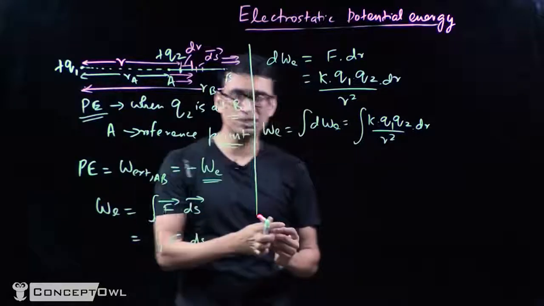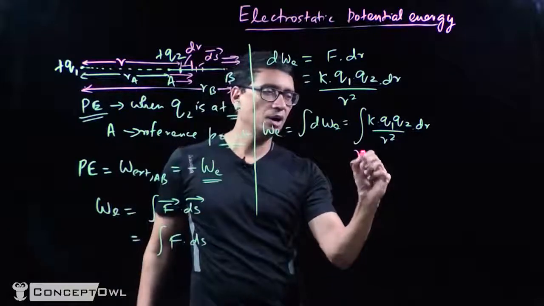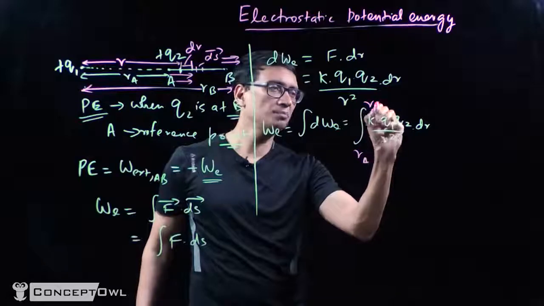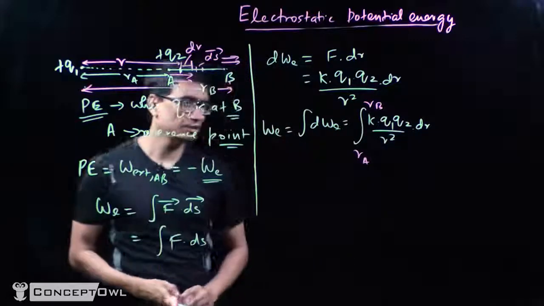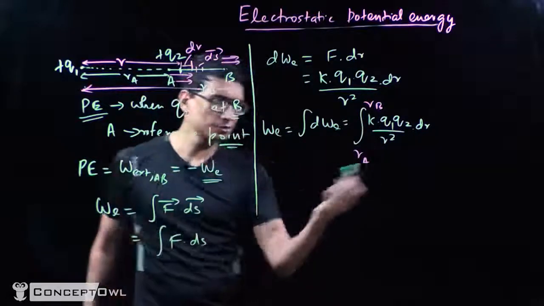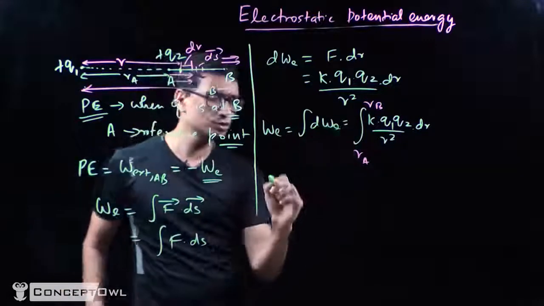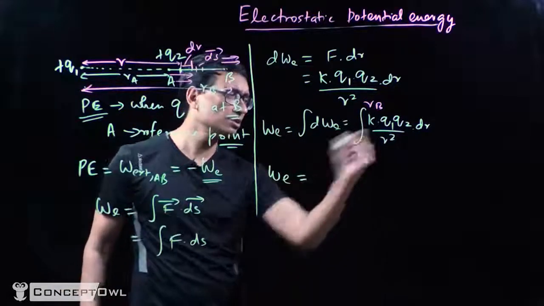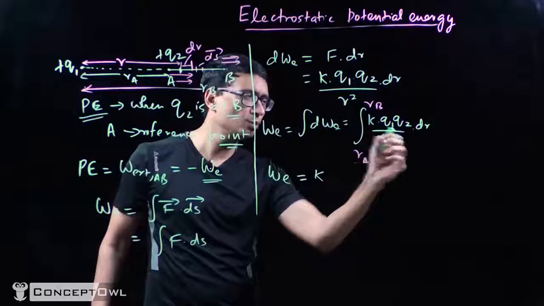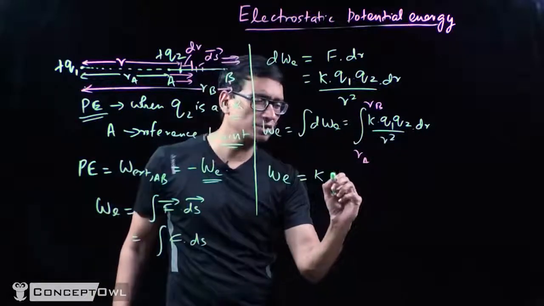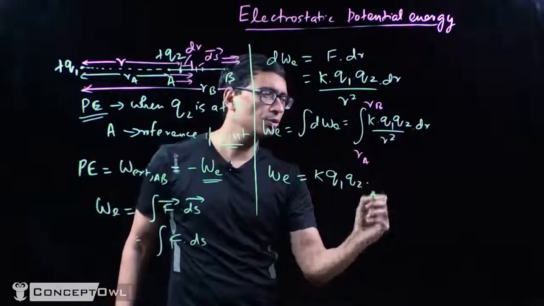So the limits are going to be from RA to RB. Okay, so now it's fairly straightforward. Now it's just mathematics, physics is over. So we'll say WE equals, take the K, Q1, Q2 outside the integral because they're constant, K, Q1, Q2, and